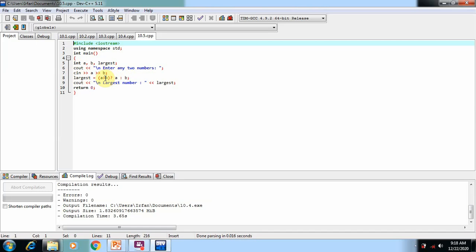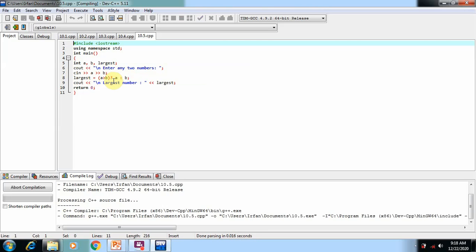If the expression is false, then b, which is the third expression of the ternary operator, will be stored in the variable largest. So you can see in the largest variable there are only two options: either the a value or the b value will be stored in the variable largest. Now I am going to run the program